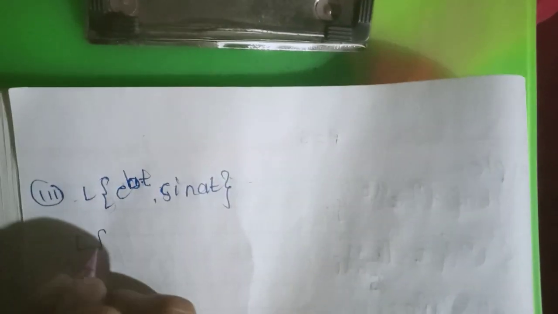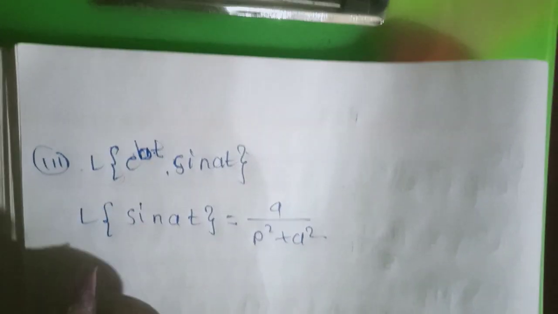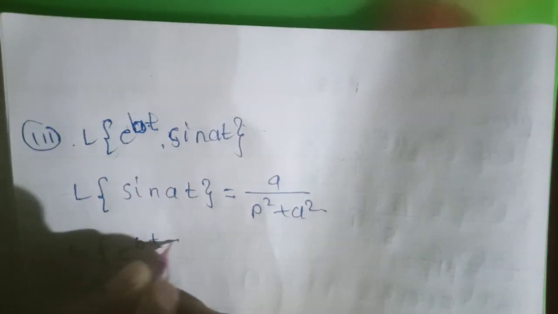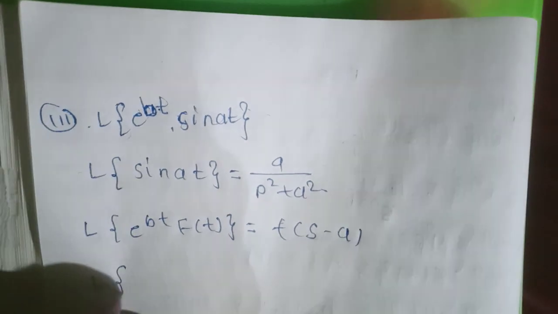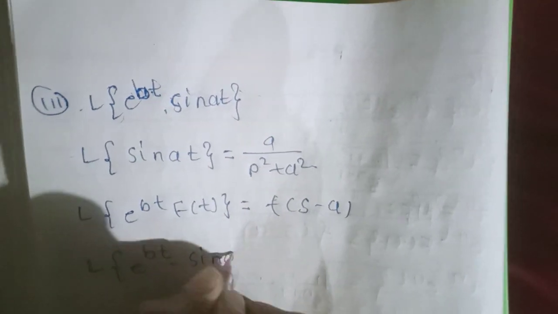Then the third example we have to solve is the Laplace transform of e raised to bt into sin at. We know the Laplace transform of sin at is a divided by p square plus a square. But we know the Laplace transform of e raised to bt f of t is f of s minus b. Then we solve the equation: the Laplace transform of e raised to bt into sin at is equal to a divided by